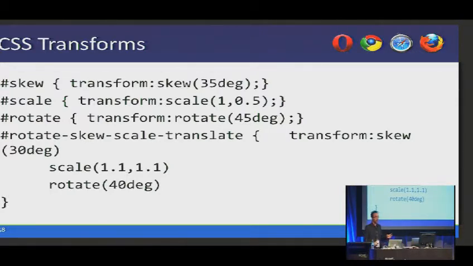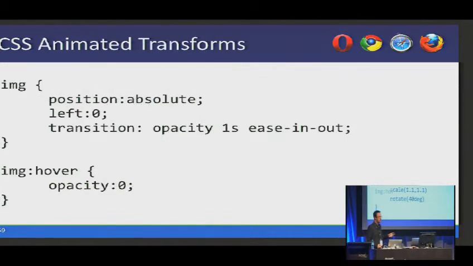And what's cool is when you combine this with animations. Now, it's only those guys up at the top that will support animations at this point. But browsers that don't understand animation will just ignore it. So what this particular example will do is change the opacity from fully visible to completely gone, but it's going to ease it out, and it's going to take 1 second to do it.